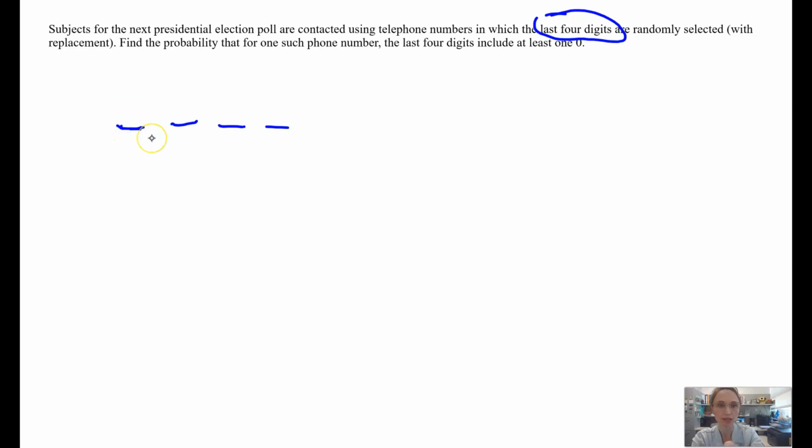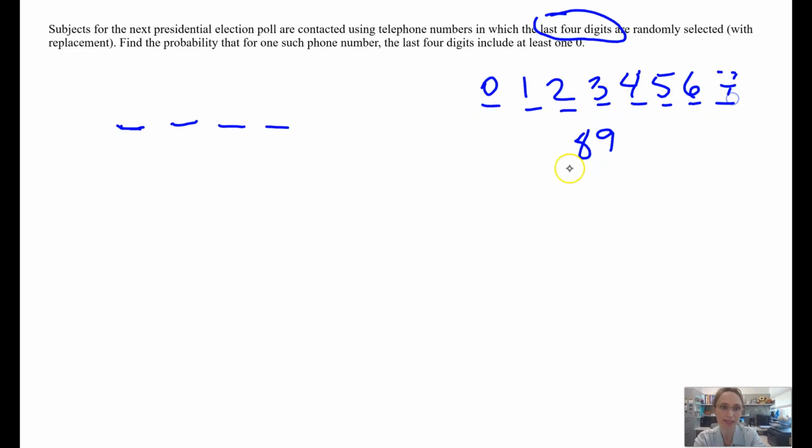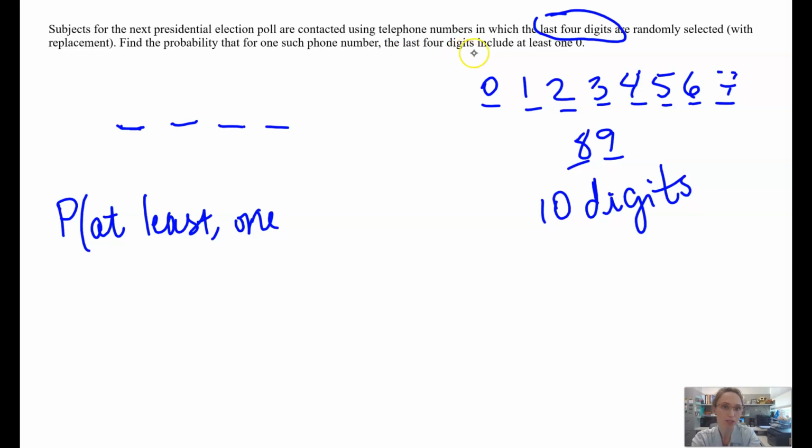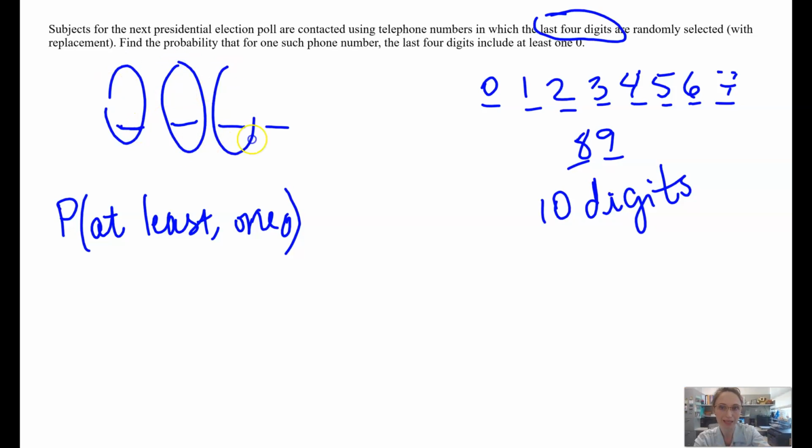So here are our digits. How many digits do we have in total? There are 10 digits: 0, 1, 2, 3, 4, 5, 6, 7, 8, and 9. 1, 2, 3, 4, 5, 6, 7, 8, 9, 10 digits. So we're looking for the probability that the last 4 digits include at least 1 zero. That means the first out of the 4 includes at least 1 zero, and the second and the third and